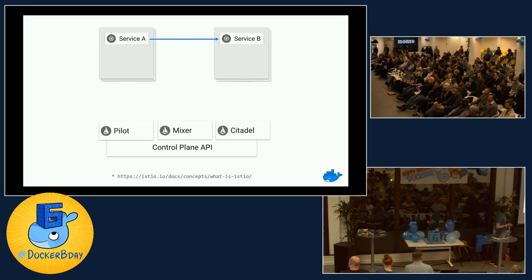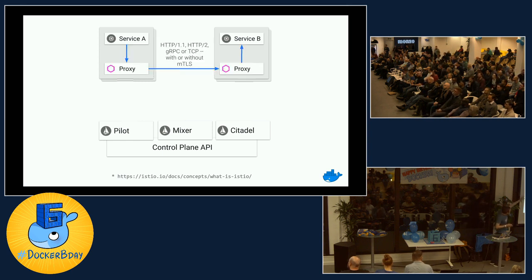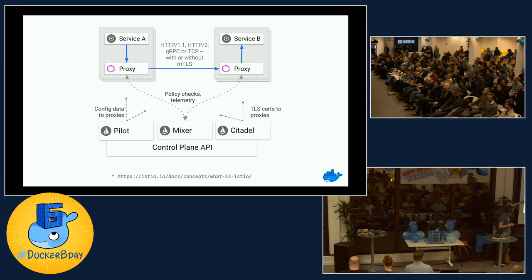What's actually happening is when I register these services with Istio, it's going to inject these proxies. So again, that's why this is a kind of a Kubernetes-specific thing, because Kubernetes has this notion of a pod that has multiple containers, and my application container is talking to the network, but it's routing through the proxy container, which is in the same address space. So the calls actually go through the proxy, and then all these different bits of Istio apply the logic.